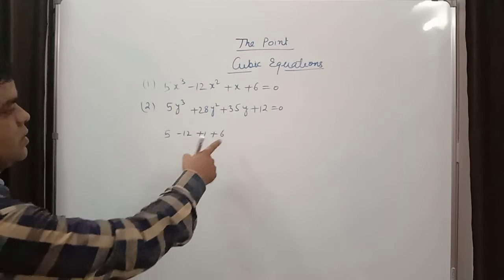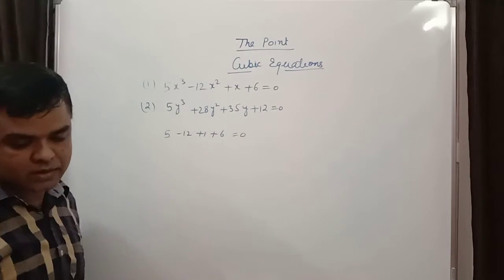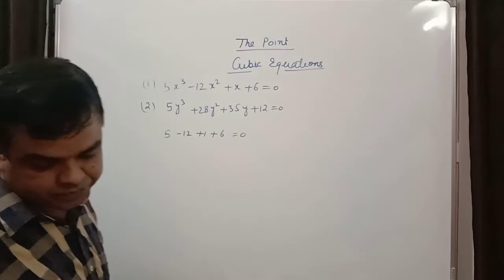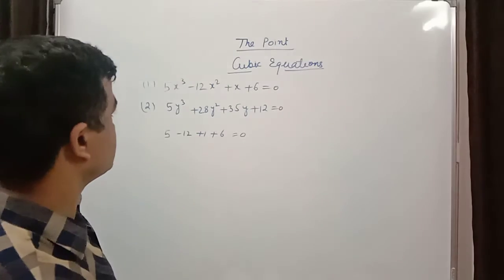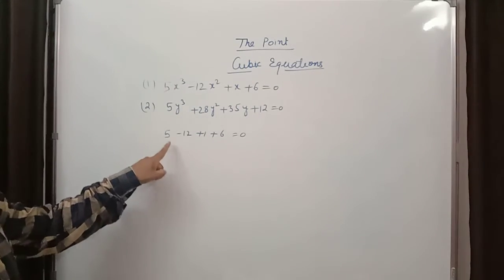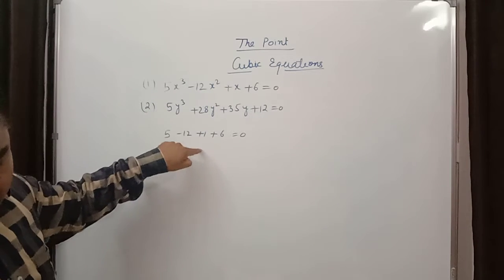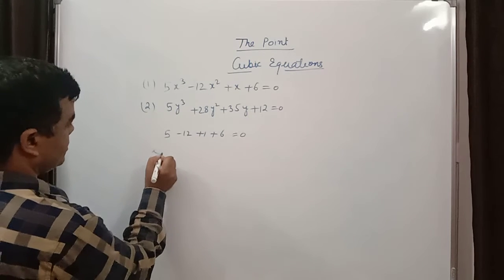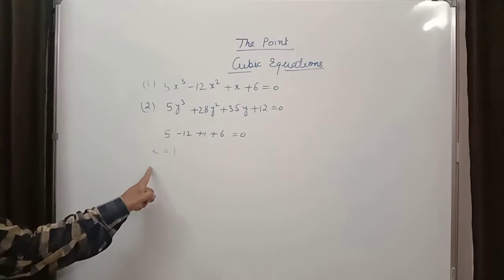1 6 plus 1 7, 5 12 minus 12 0. Okay, so in the first attempt only 0 has come. Okay, this mistake has been done. So 1 here, 1, 12, 5 minus 12, 1 and 1. Okay, so by putting x is equal to 1, the answer has come.